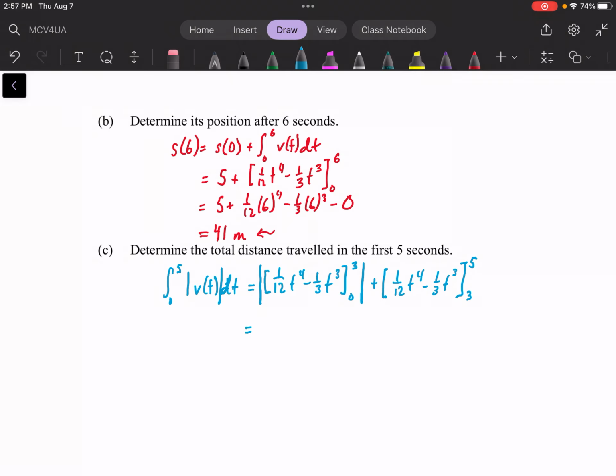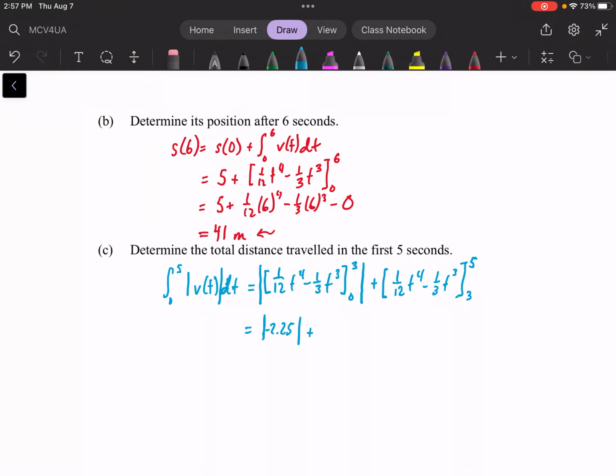Okay, so if I use my calculator, I found out this is 2.25, a negative, so I'm going to have to put absolute value signs on this. That means that value there. Now I'm going to find out this value. This is going to be,